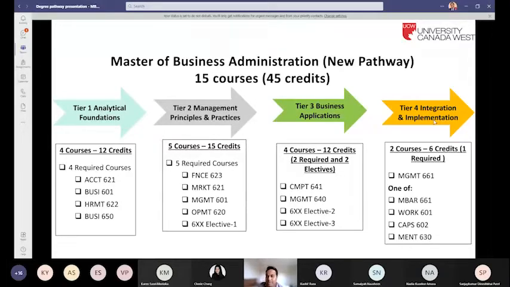Just wanted to make a clarification here. Tiers here do not mean term or semester. Terms and semesters are different from tiers. Tiers are how the MBA program is divided into four different segments, under which you will find certain courses. Under tier one, you have four courses, tier two, five, tier three, again, four courses, but under tier four, you have just two courses. That does not mean that you have to take them all in different terms. If you have any questions about that, we will see them towards the end. Under tier one,